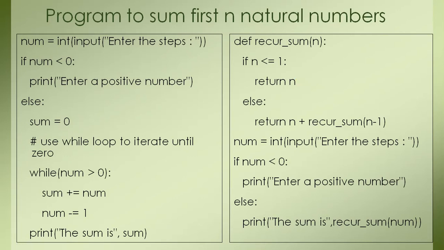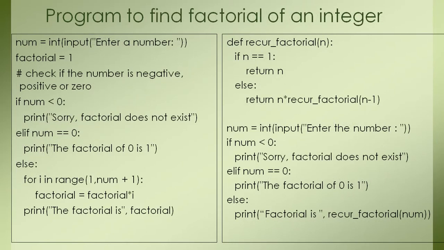The frames that have been created will be executed one by one, and we will be fetching those values starting from 1. Then it will be 1 plus 2 plus 3 plus dot up to n. So at the end of the program we will be getting the sum of n natural numbers. Okay, so this is the difference between the two approaches. Let's move to the next program, that is finding the factorial of an integer.